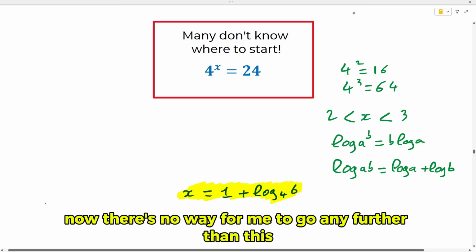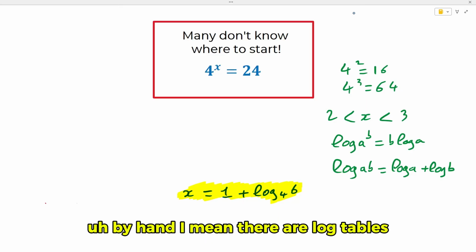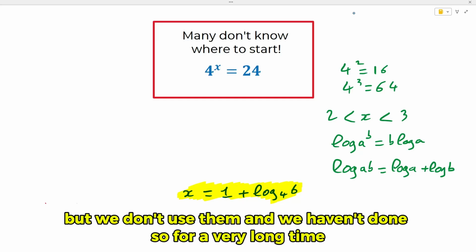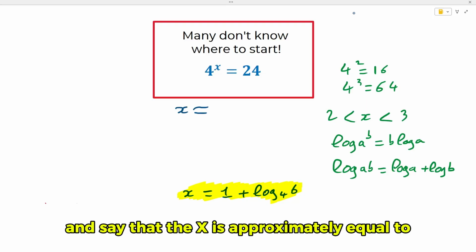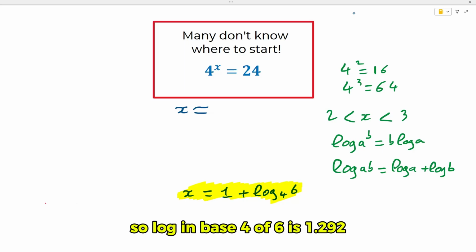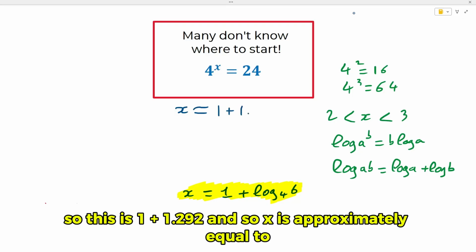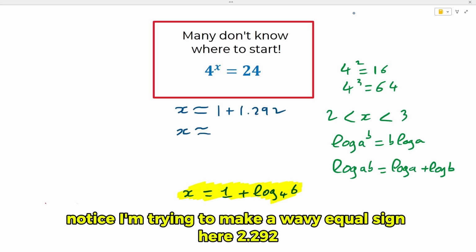Now, there's no way for me to go any further than this by hand. I mean, there are log tables, but we don't use them, and we haven't done so for a very long time. So we're going to use a calculator now and say that the x is approximately equal to, so log in base 4 of 6 is 1.292, so this is 1 plus 1.292, and so x is approximately equal to, notice I'm trying to make a wavy equal sign here,